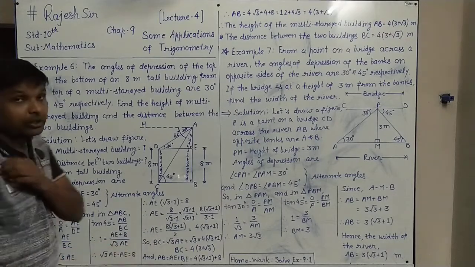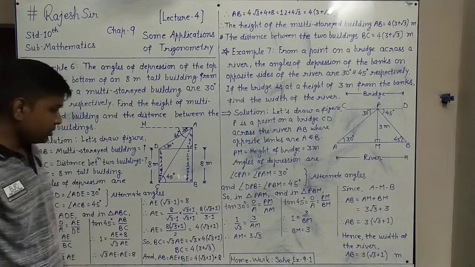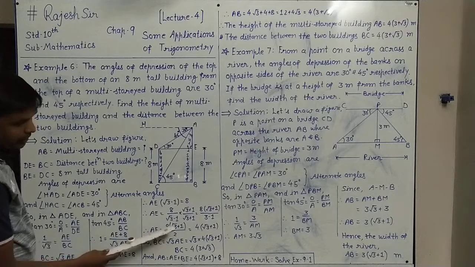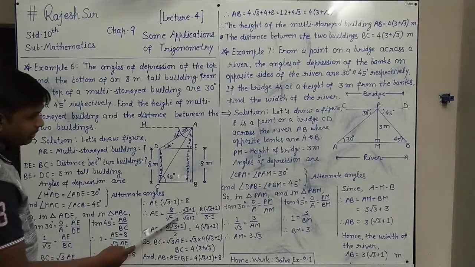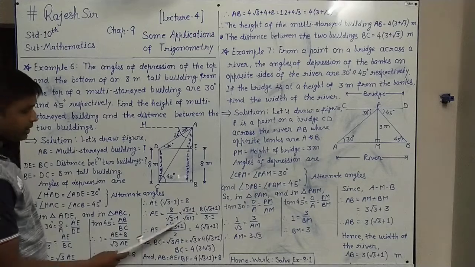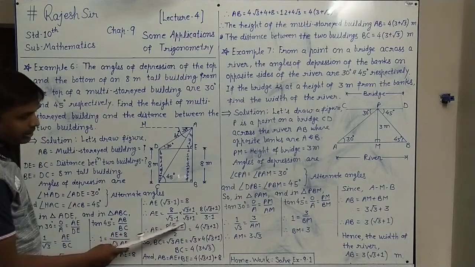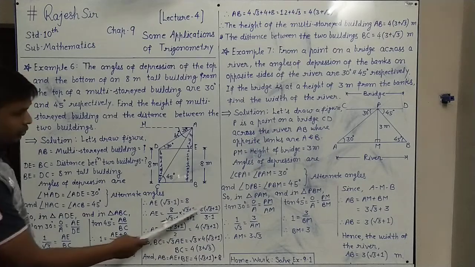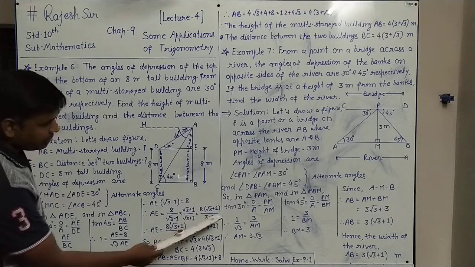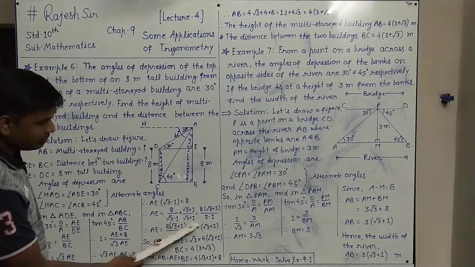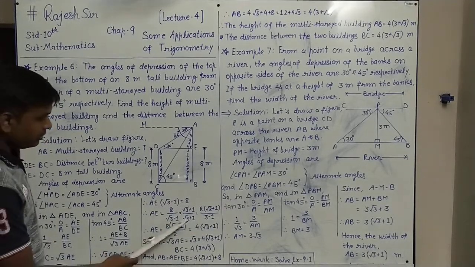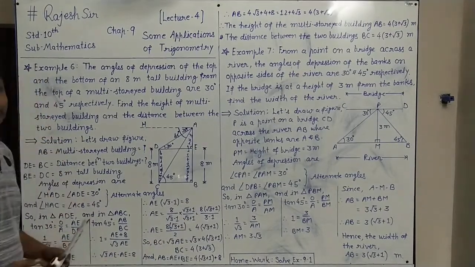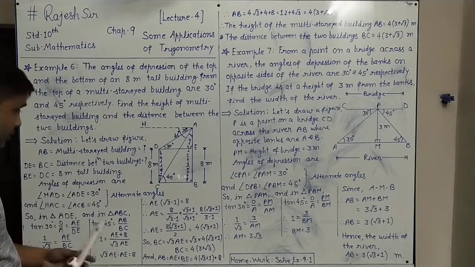Then rationalize the denominator. That concept is used here: if we have 8 upon root 3 minus 1, to rationalize the denominator we multiply up and down by the conjugate of root 3 minus 1, and the conjugate of root 3 minus 1 is root 3 plus 1. We multiply up and down by the same. When you do this, you will have 8 into root 3 plus 1 up, and down there, root 3 minus 1 times root 3 plus 1 is like A minus B times A plus B. For A minus B, A plus B, what do we do? A squared minus B squared. That we have to apply here.